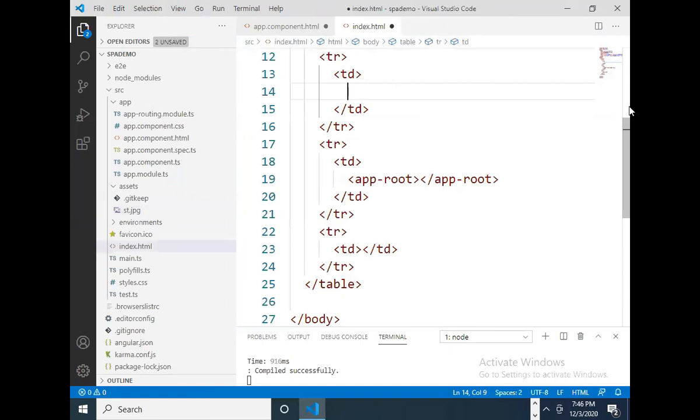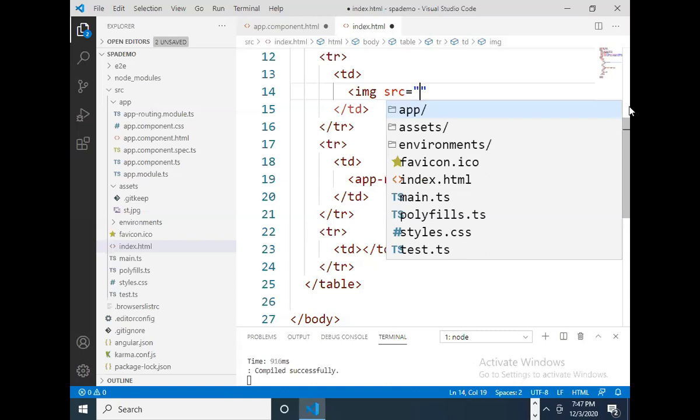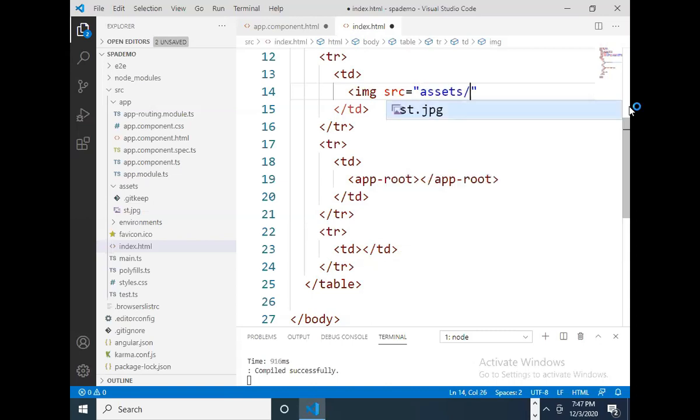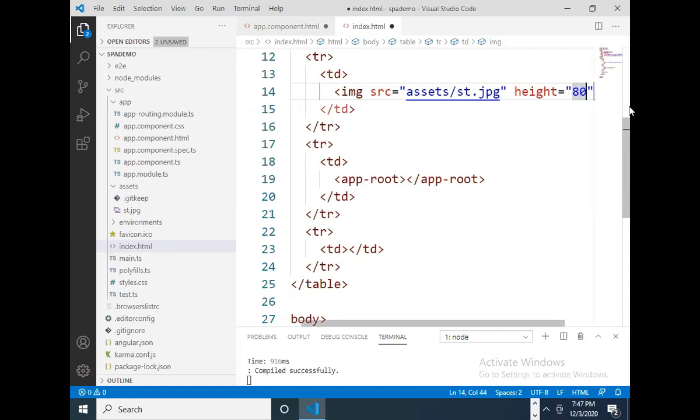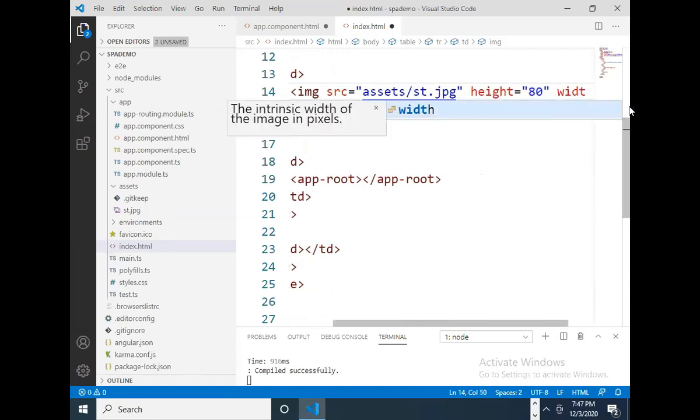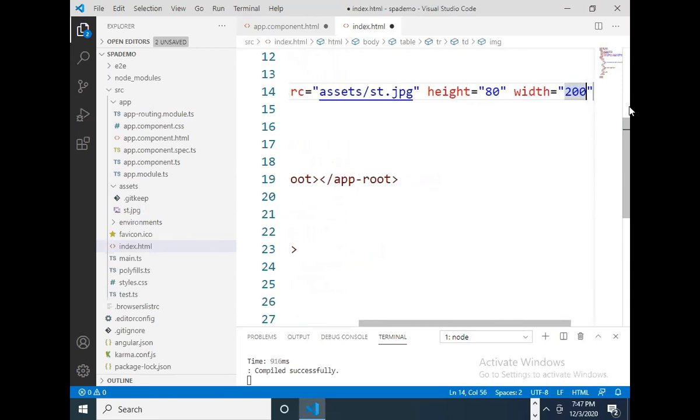Otherwise, you can write something like this: img src is equal to assets/st.jpg. I'll give the height as 80, and the width as 200.